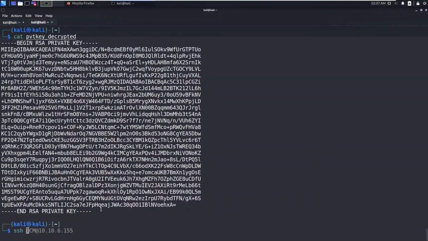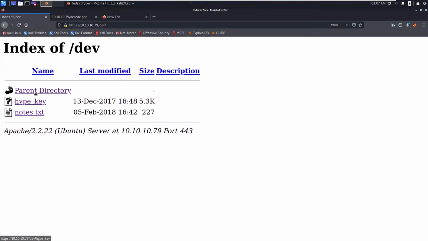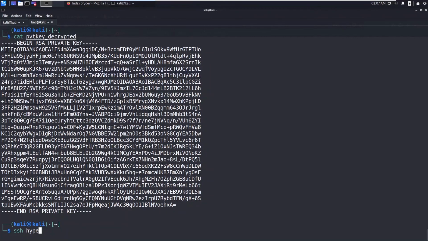Okay, so the username is hype, because you can see this is the hype.key. So it's hype user's key. Hype. So I am giving the identification as the private key.